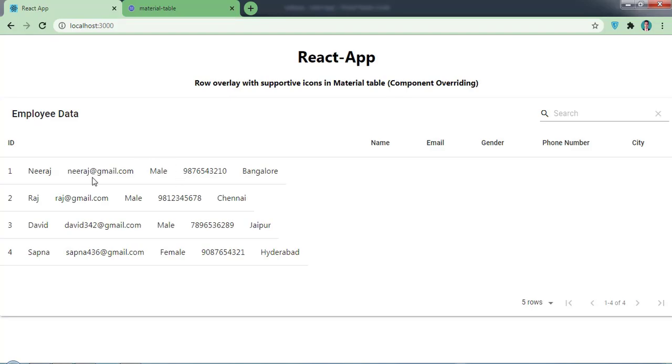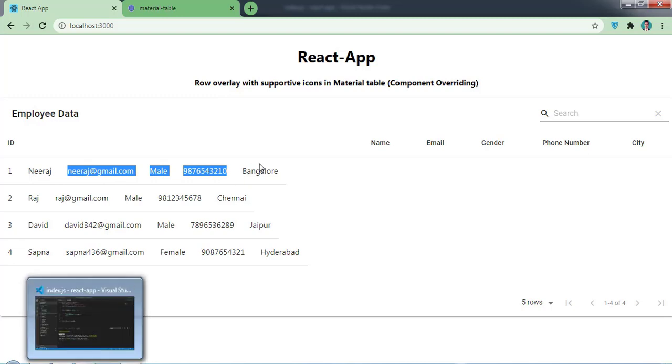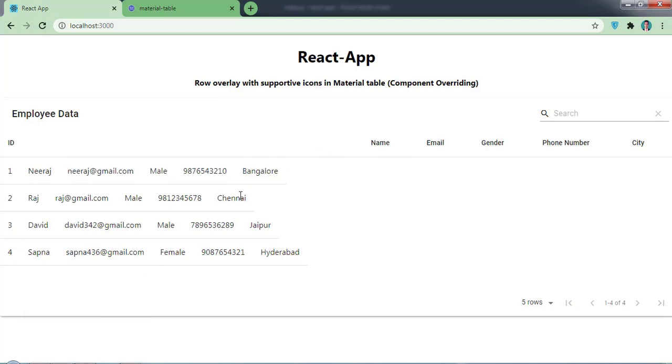So here as you can see we are getting the same, okay. So nothing has been changed as of now. So now as you can see the name and the value of the row got separated, because the heading is on the right side and these values are on the left.